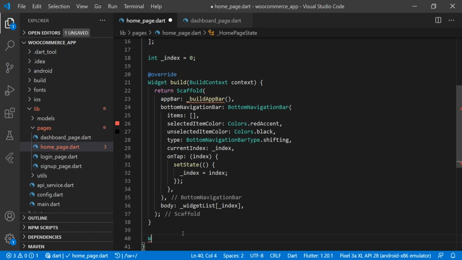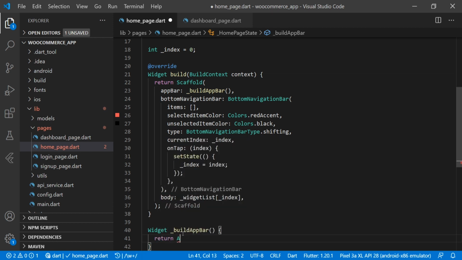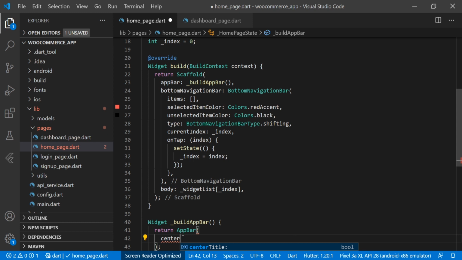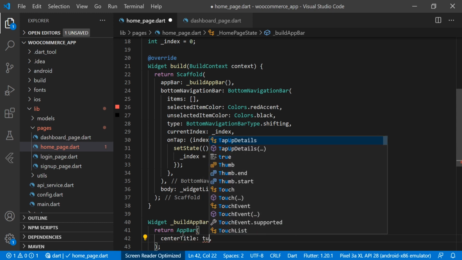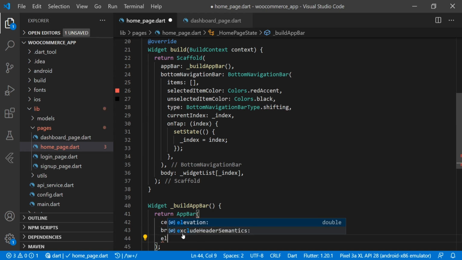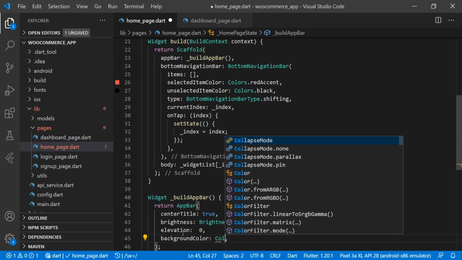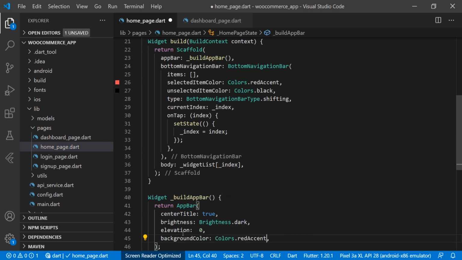Here we will create one widget, that is Widget _buildAppBar, and here we will return app bar and center title is true. Then we will have a brightness, and for the brightness we are using dark. Then for the elevation we are using 0 here, we are not putting any shadow and all. And for the background color we are using Colors.redAccent.